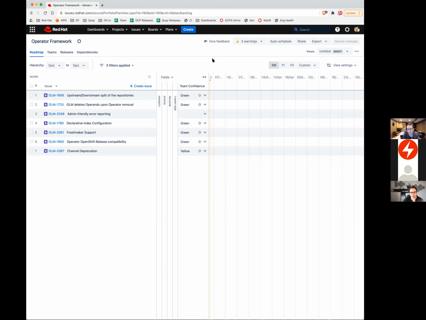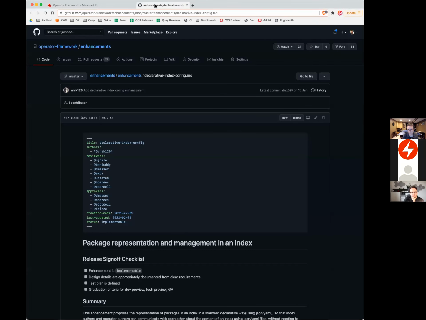I don't know if it is currently still using replaces or if we've moved on to something more advanced where you can construct what the upgrade graph looks like based on how the resolver interprets properties. So that's something that I'm still going to have to answer. I'm not sure that this actually addresses that yet.